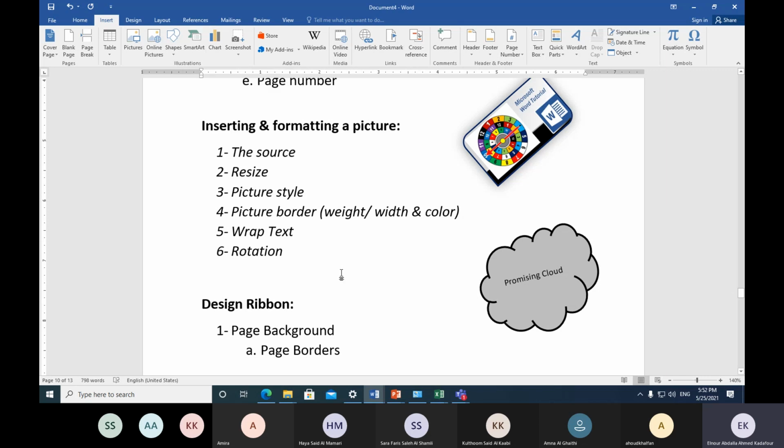Smart art, which we call smart shapes. This is actually introduced within the new versions. Before, it was not there. But usually for the new versions